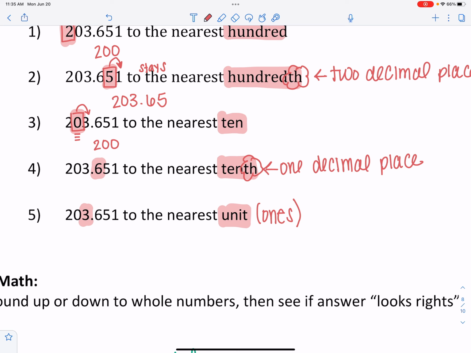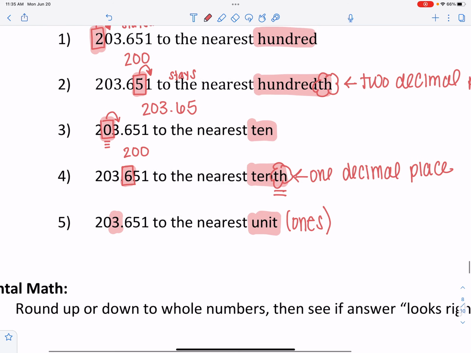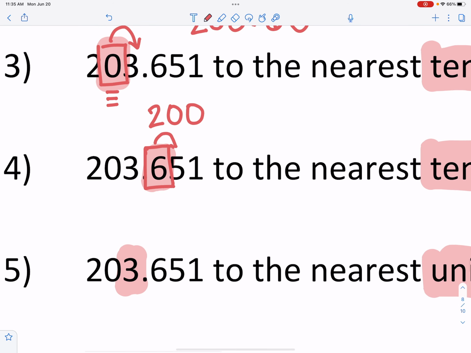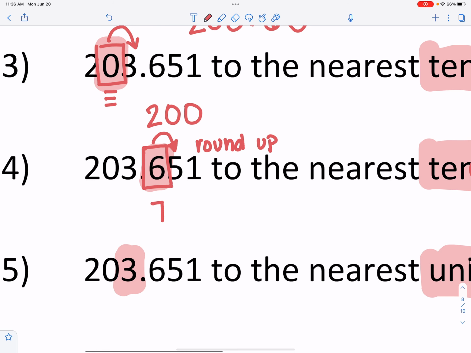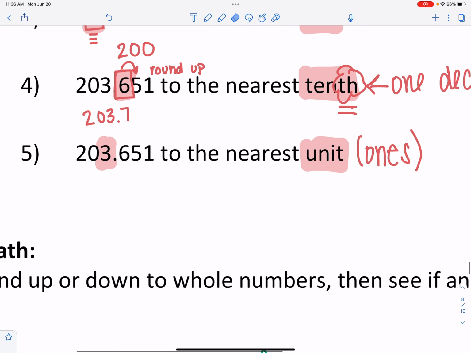203.651 to the nearest tenths place. With that "th," that means it is 1 decimal place. So I went ahead and highlighted that one. I'm going to look to the digit to the right. The digit to the right is 5 or greater, so that means this is going to round up, and that 6 is going to turn to a 7. Then all the numbers to the left stay the same. The numbers to the right go to 0, but I don't need to write 0.700. I can just write that as 0.7. All right, and then the last one,